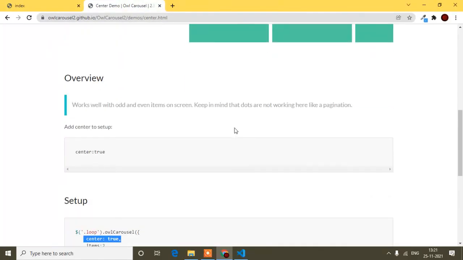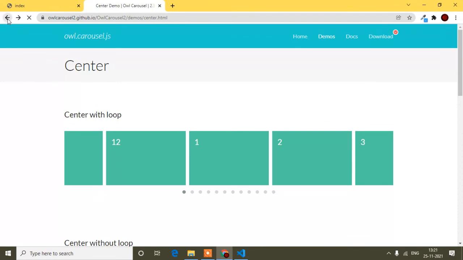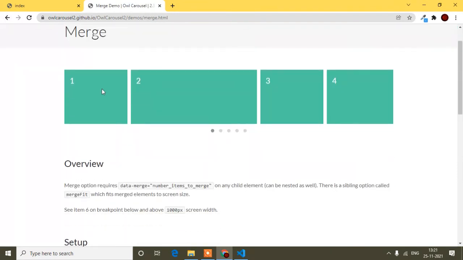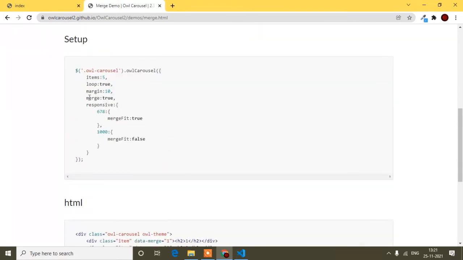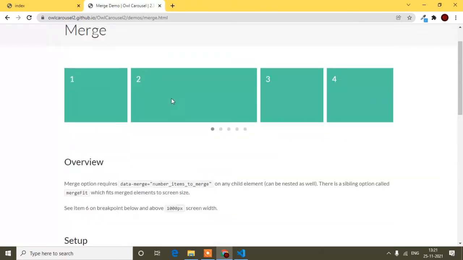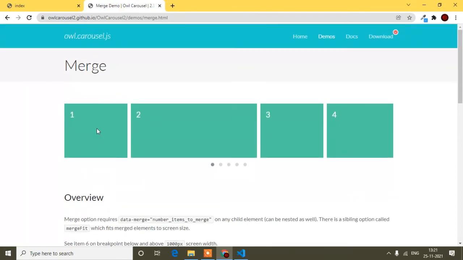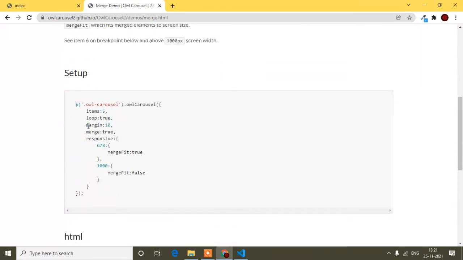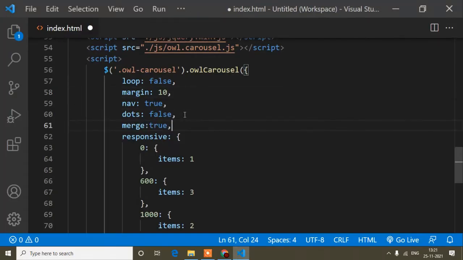Margin is done, center is done, and now I will go back to merge. Here you can see the merge property. You can implement it simply, merge 10. That means the first item and item 2 will be merged like this. To implement it, just write merge true. I will copy this one, and you can write this property anywhere in the CSS.